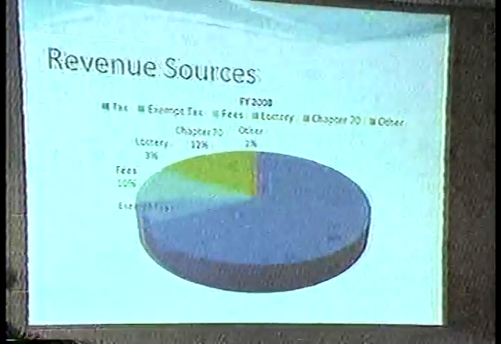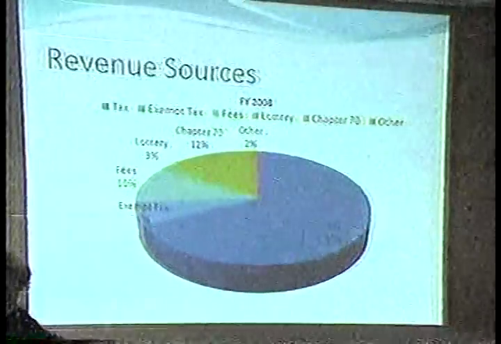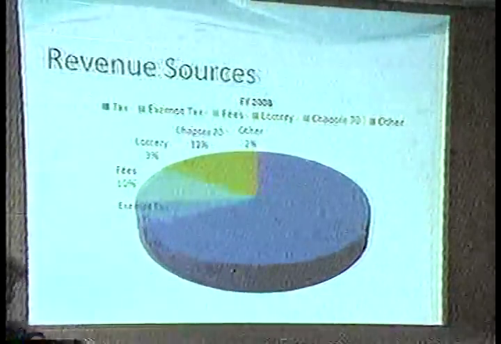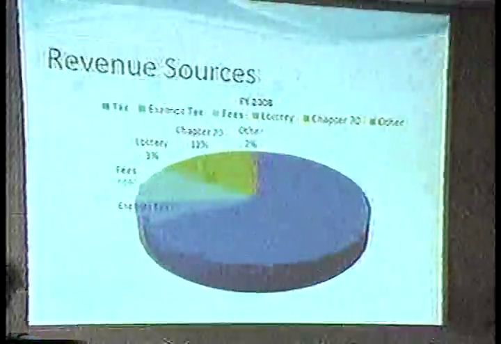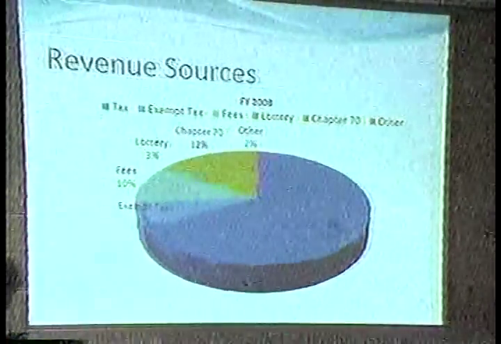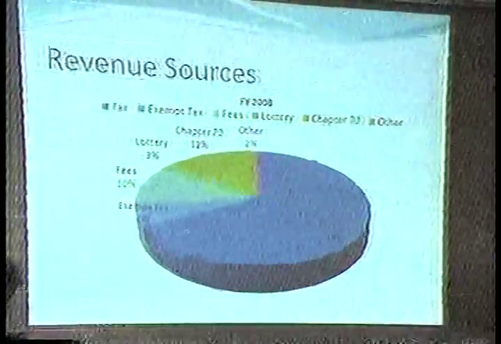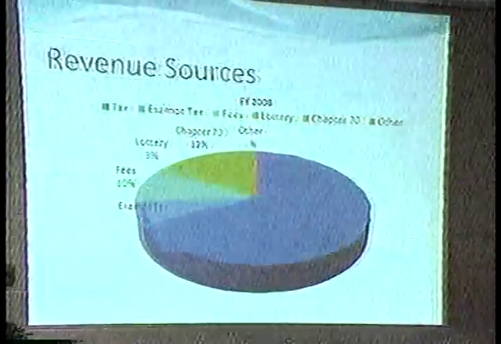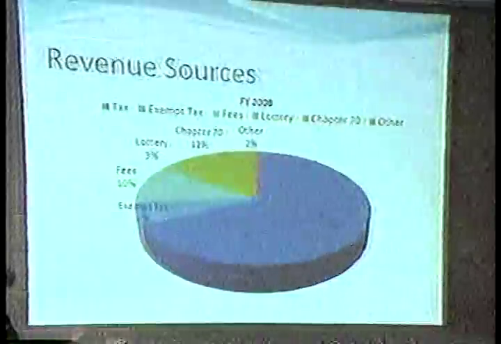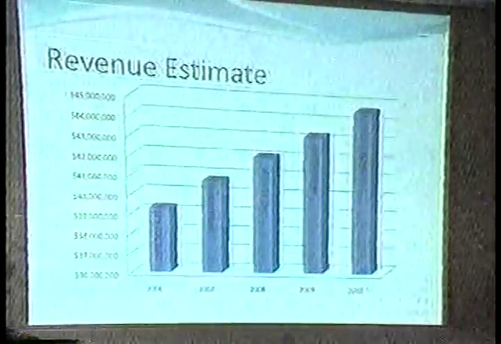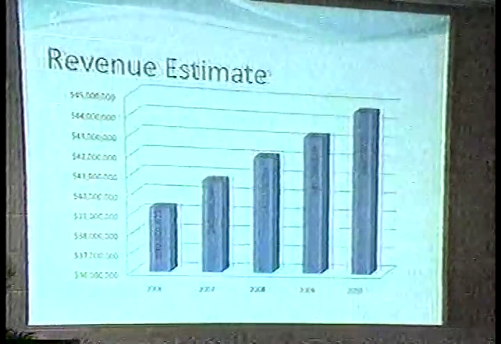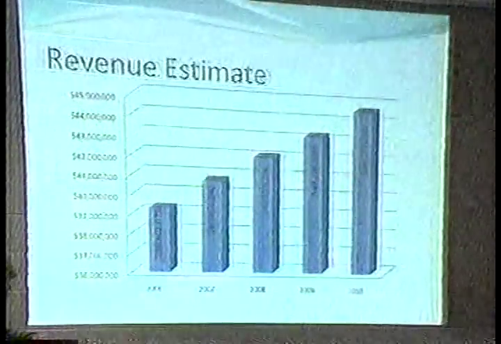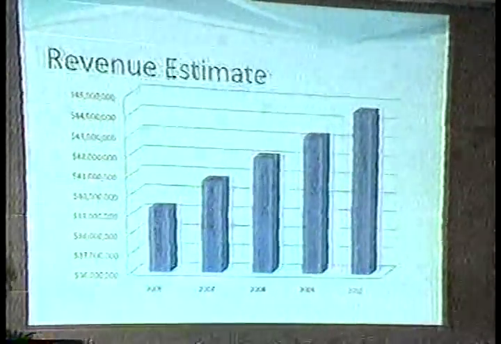Then from the state aid side, we get about 3% of each dollar that we spend from the lottery. From Chapter 70, we get 12%. And then there's a mix of other little items accounting for 2%. So that's the mix, that's the complete makeup of our tax dollar, our revenue dollar. If you look at our revenue estimate, and this is a revenue estimate exclusive of exempt debt,